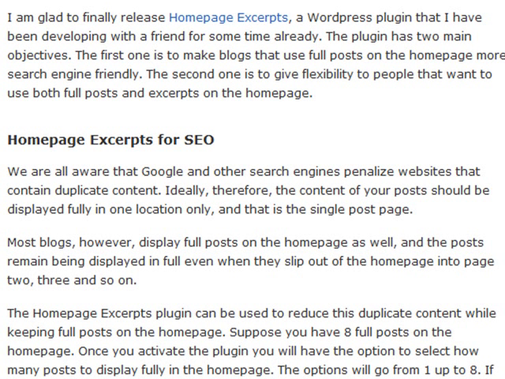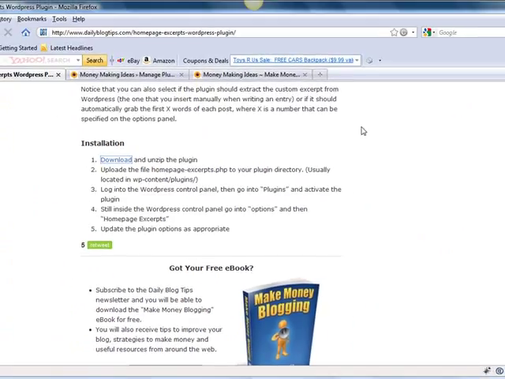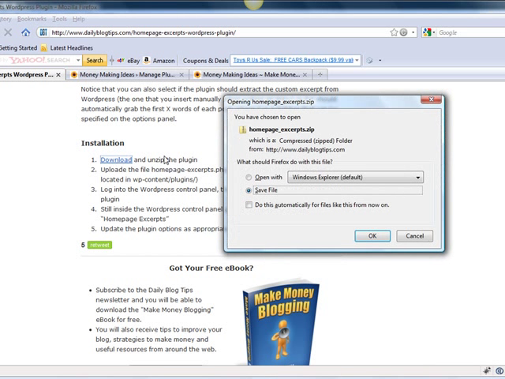It's going to allow me to decide how much of each post I want it to display there on the main page. And then it'll be one of those read more or continue here type things. That way somebody could come on the main page and scroll down the blog and quickly get a sense for what the last several posts are. And then when they click on the title, it'll take them over to the post in its entirety. It has a couple neat features. It's going to allow me to determine if I want the first 1, 2, or 3, however many posts on the main page to display in its entirety, and then how many words I want it to display. So what we're going to do quickly is go ahead and download this plugin,